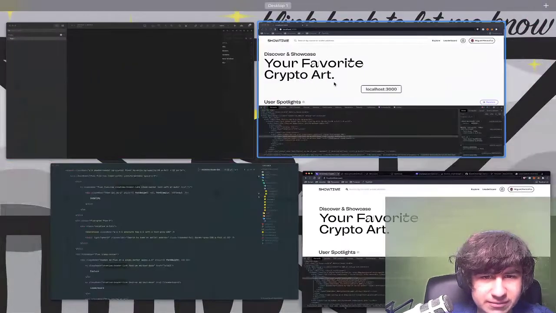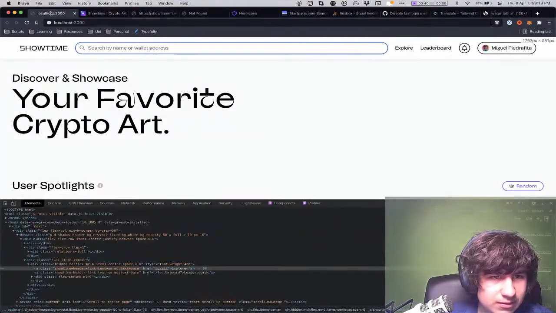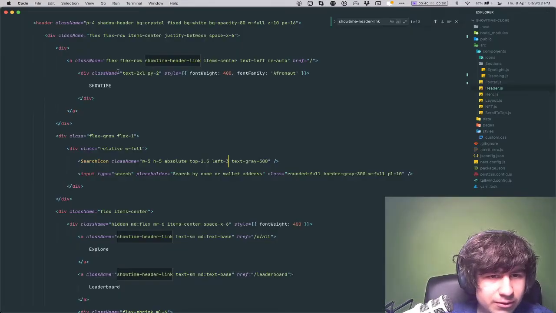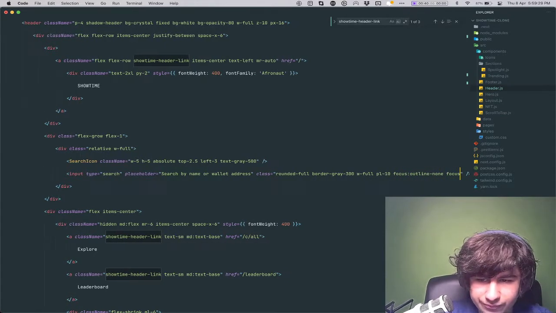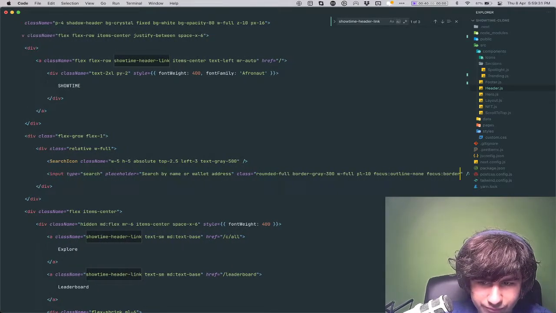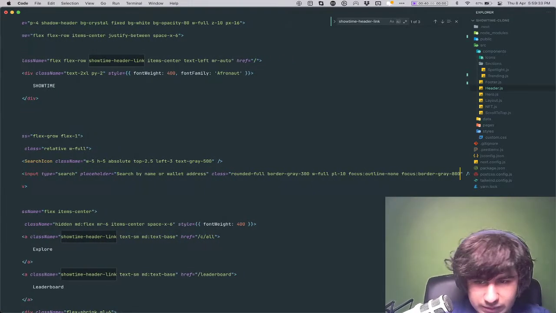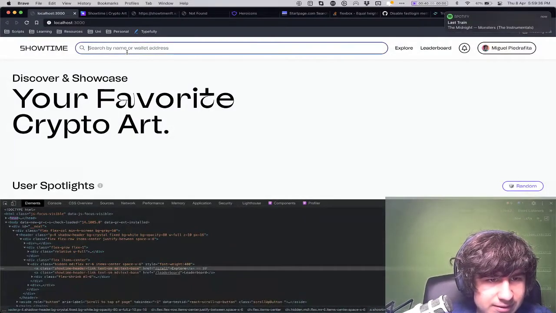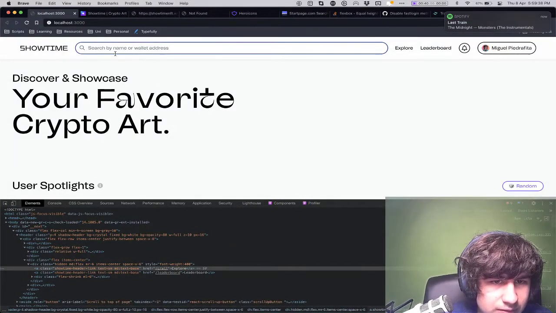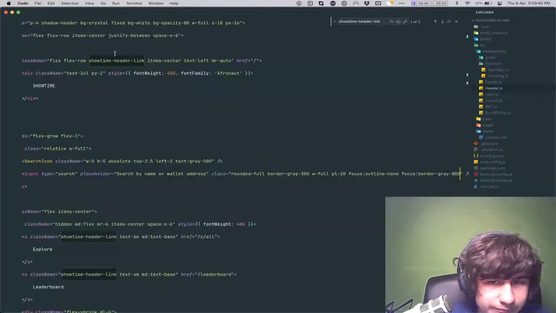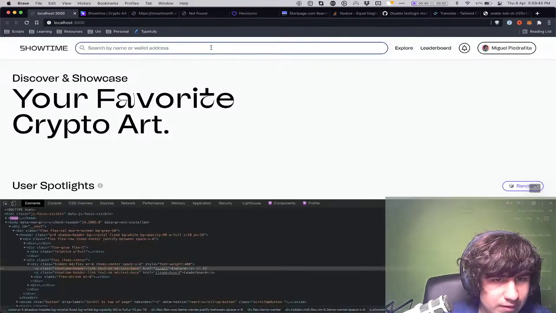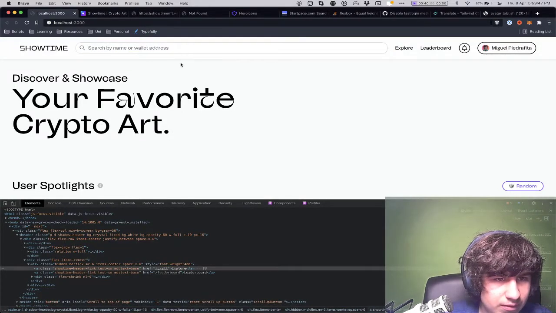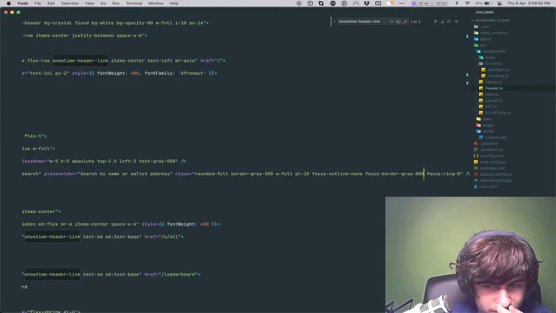I'm lagging a little bit, it seems. Still having the default outline. We're going to want to do something like this. Or maybe